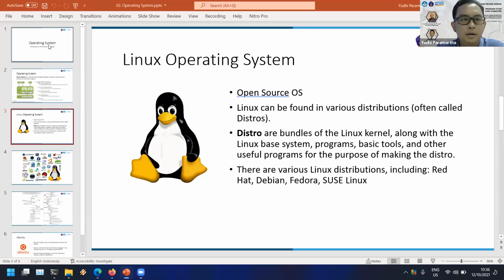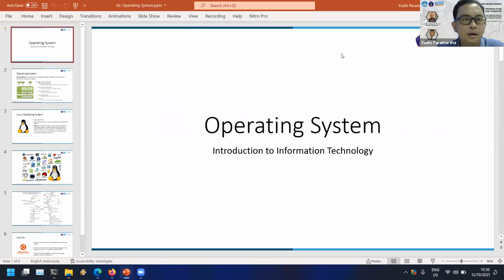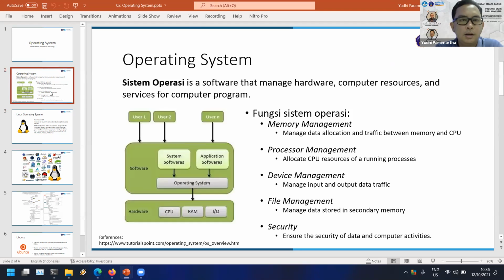So in this lesson, we will talk about the operating system. I think we already discussed this a little bit several weeks ago. The operating system is software that manages hardware, computer resources, and other services for computer programs.